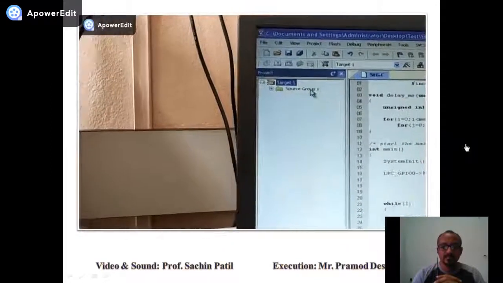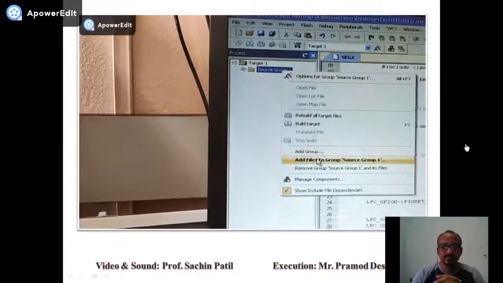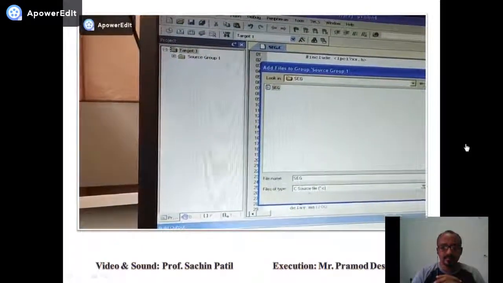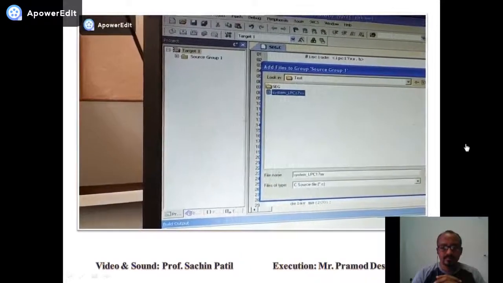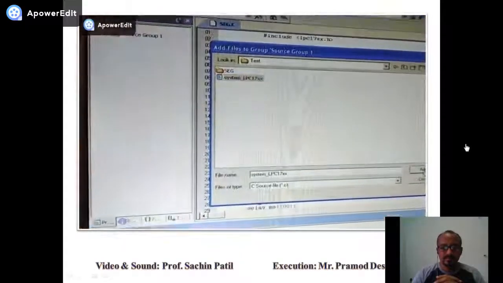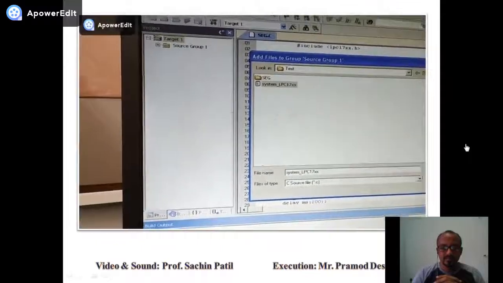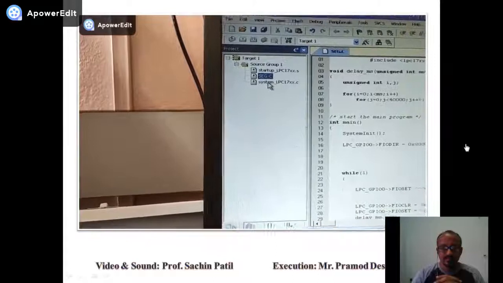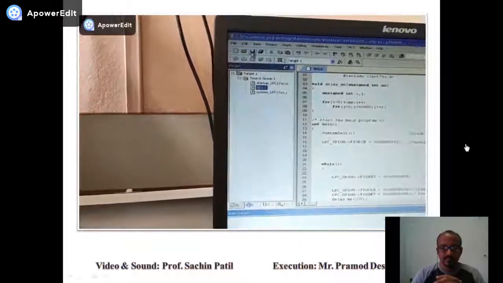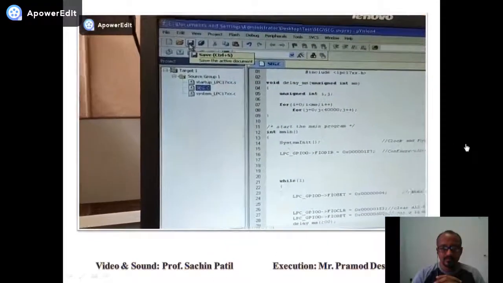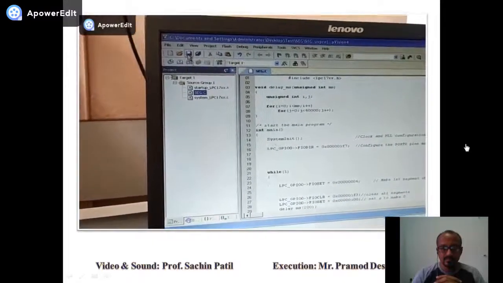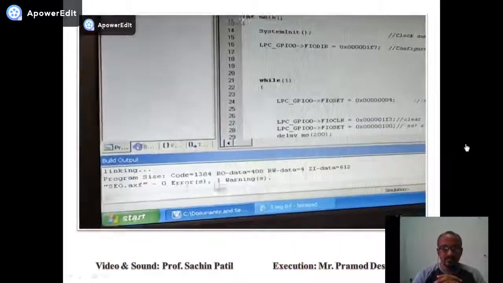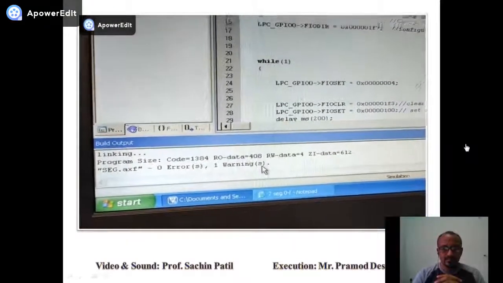Then we add it to the source group from the folder, and at the same time the system file is to be added, and both get added. Every time you make changes, you save it and do the build. Once you build, you will get 0 errors.